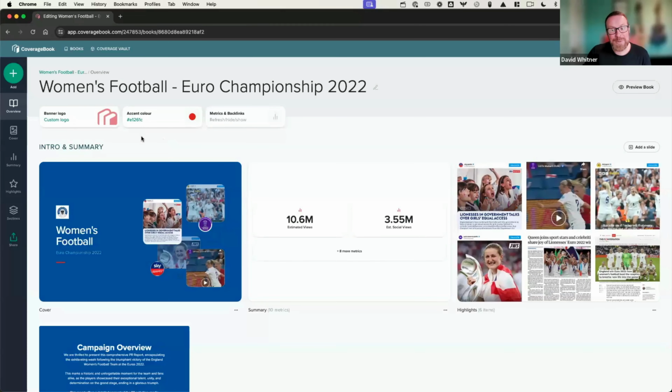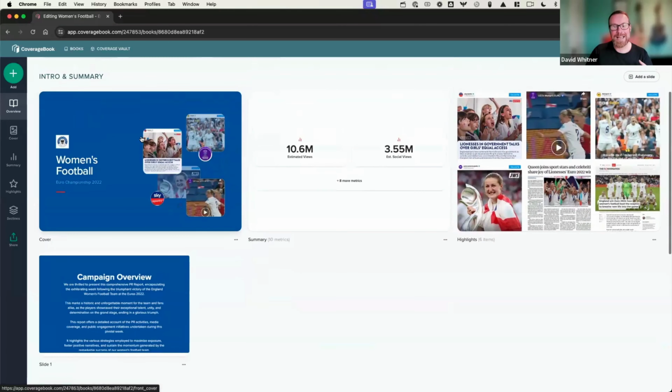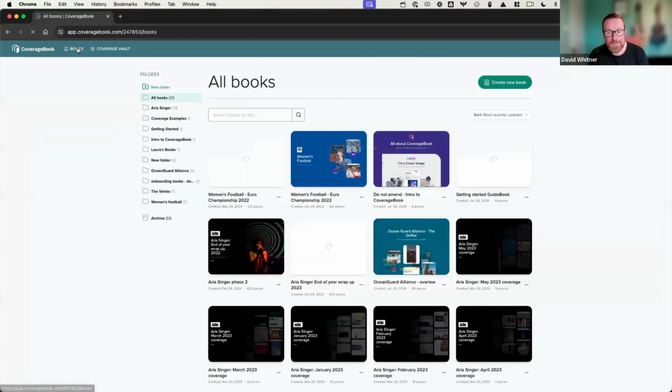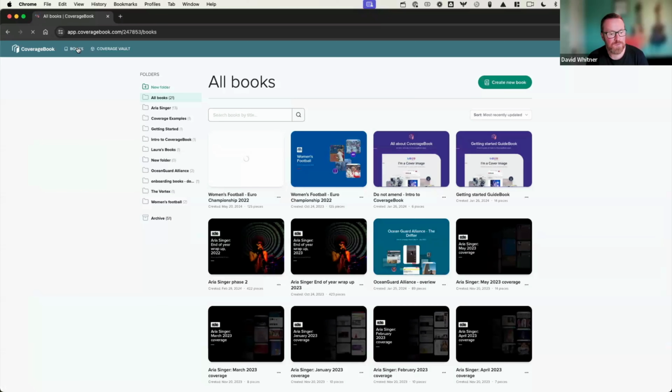Now, once you are happy that your report is ready, you've got everything organized, all of the colors set out and everything like that, you're ready to share, which is great. The final thing to mention is making templates. And if you tend to use the same report formatting for your clients, perhaps every month,